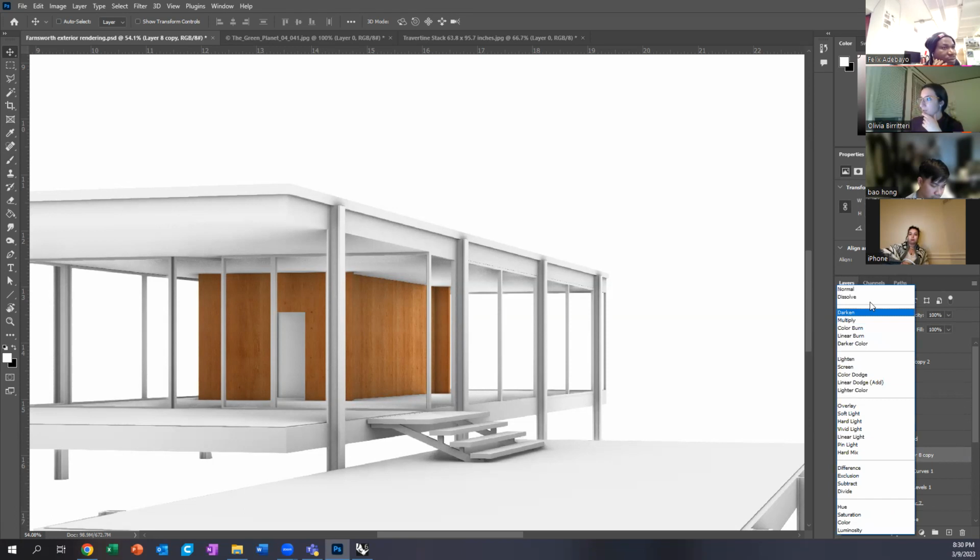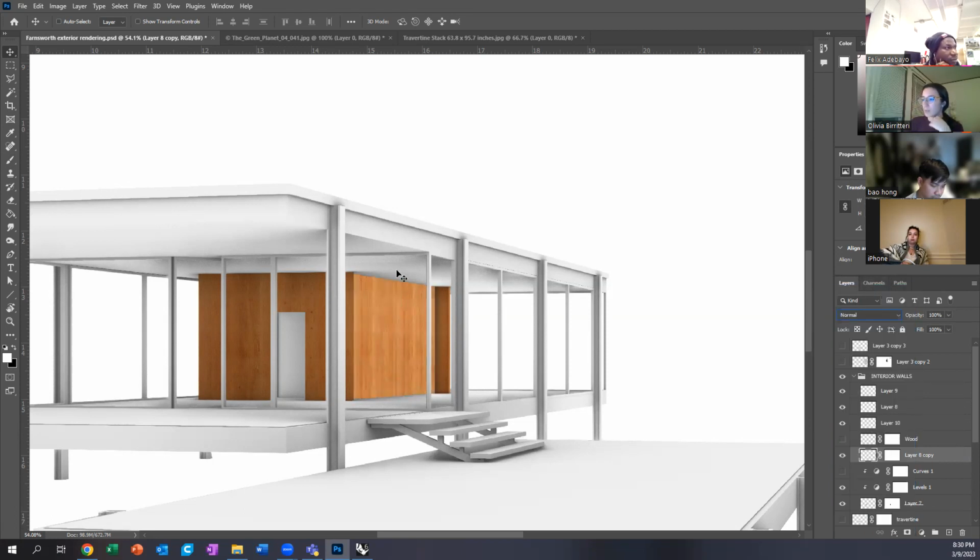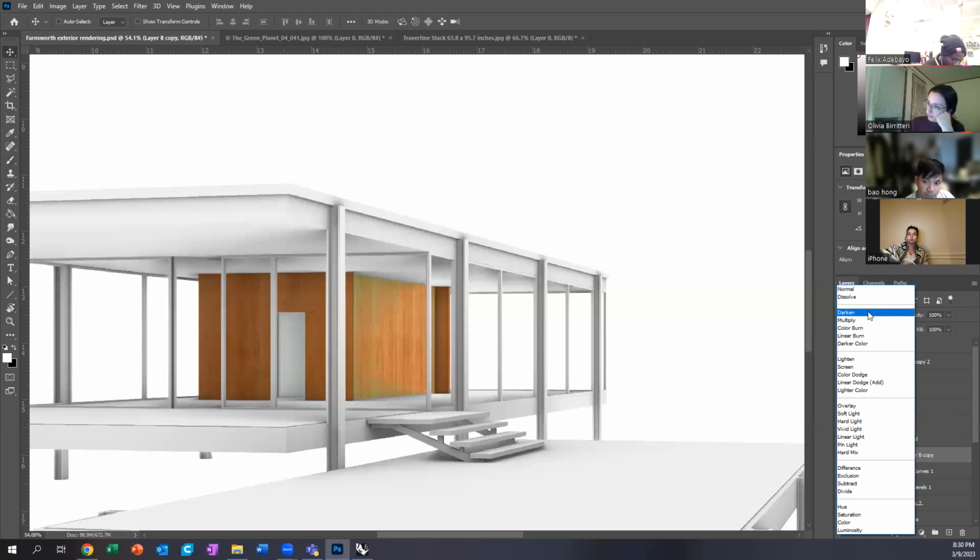Let me turn that back to normal. So this is what the normal image looks like. If I play around with my blending modes and I set that to multiply,